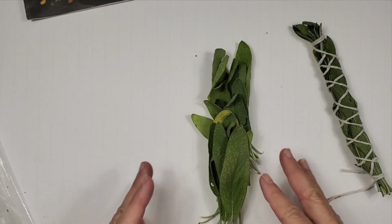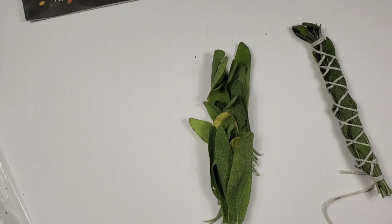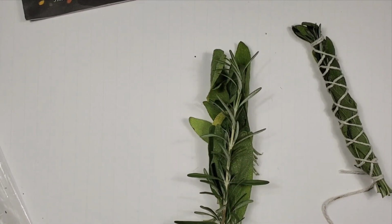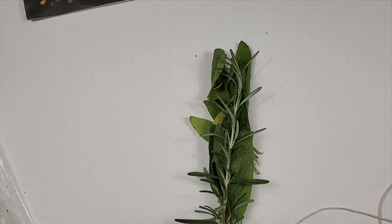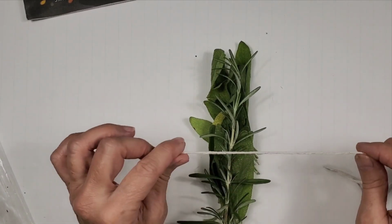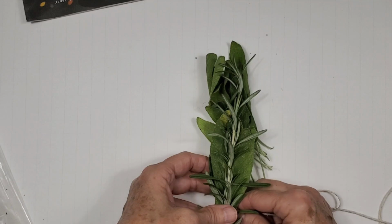I just used everything, okay? So you can see what you do. You lay it out, and then I'm going to put the rosemary on top. The next thing you do is tie, and you do use cotton twine. And I was lucky I had this in my garden shed,